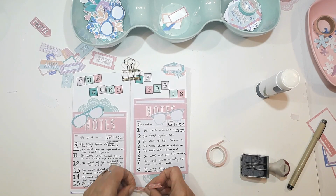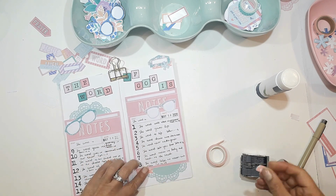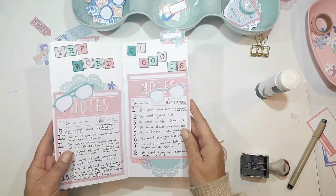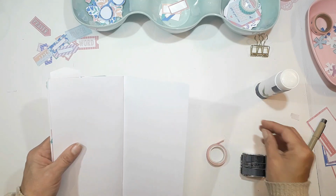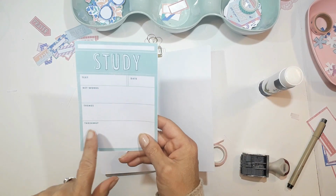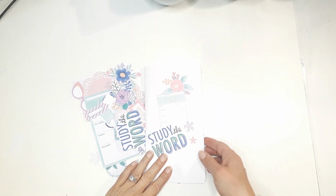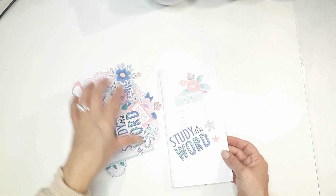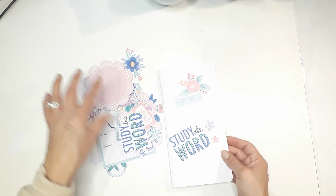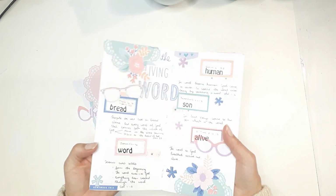So the last page I'm just quickly going to show you is the printable where you can look at the verse and dissect it, interpret it, and things like that. When we finish with the design of it, or the fast forward, then I'll show you a little flip through the little book and talk to you about some other ways I'm doing it. Okay, so this is the printables I've got left. Obviously, this doily is not from the printable, that is from the One Another set, but the rest is all part of it. And now, if we flip through our little book,